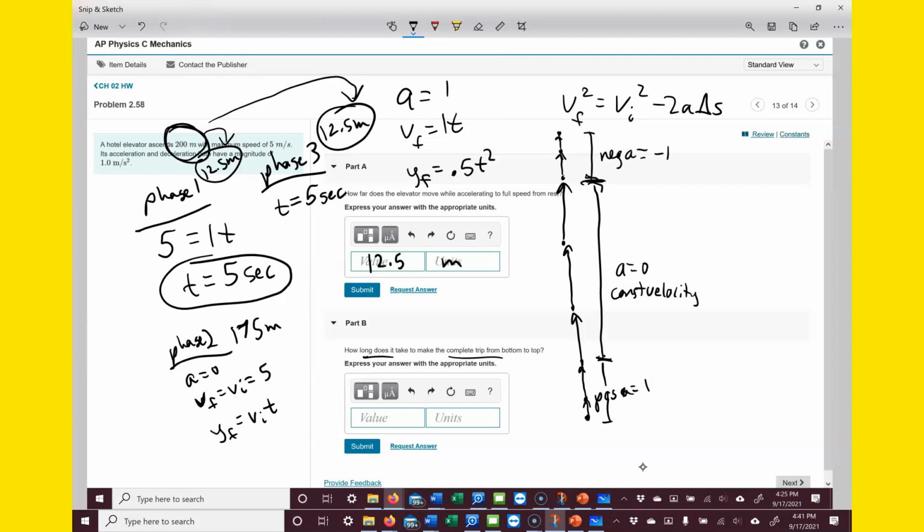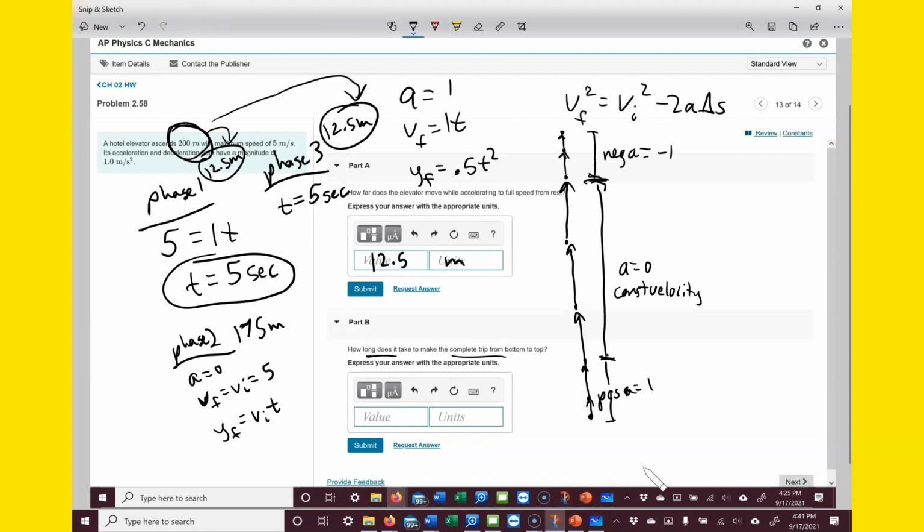200 meters, but you've got 12.5 meters at the beginning and 12.5 meters at the end. Take those away, so you're taking away 25 meters. So phase 2 was 175 meters. So now I can just say 175 for this yf